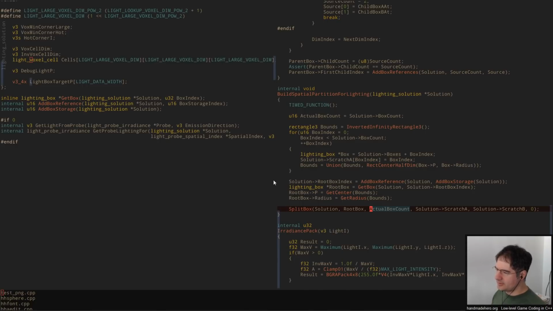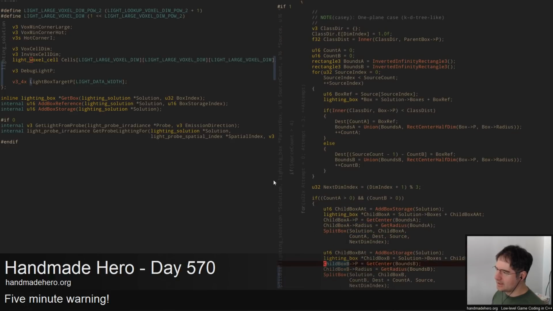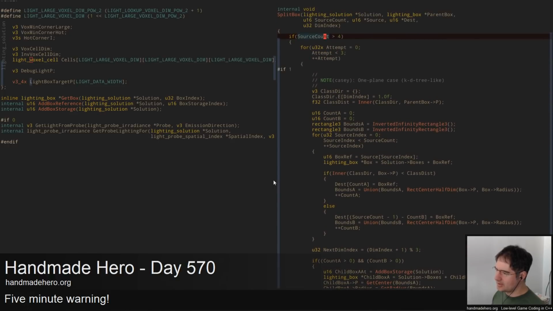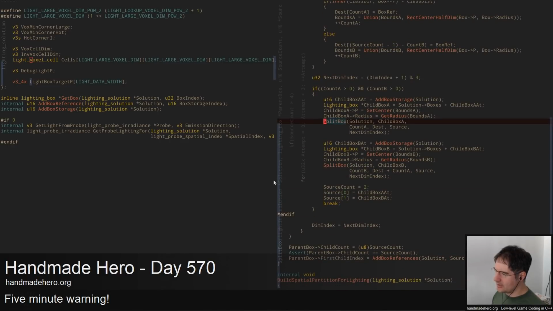And it says split them up, right? So I guess in here what it says is when we go to do a split box call, assuming that there's more than 4 boxes, because we're going to store 4 boxes per leaf, I guess, we go through some attempts and we look to see how to divide them up, with some rectangles. Assuming that we find some way of categorizing them cleanly, we go ahead and do the split box, and then we go through, right? And so I think all I really need to do there is pass